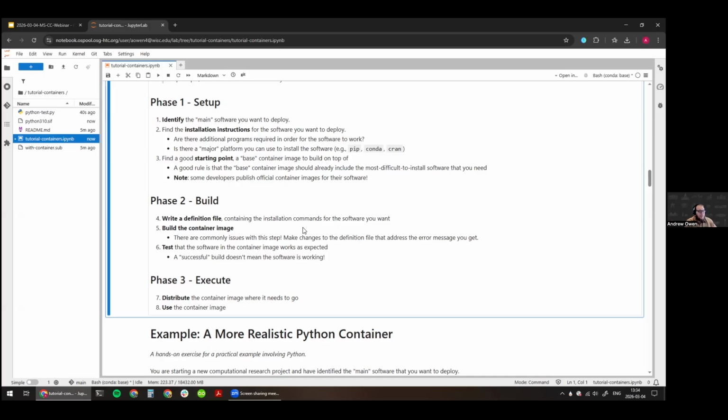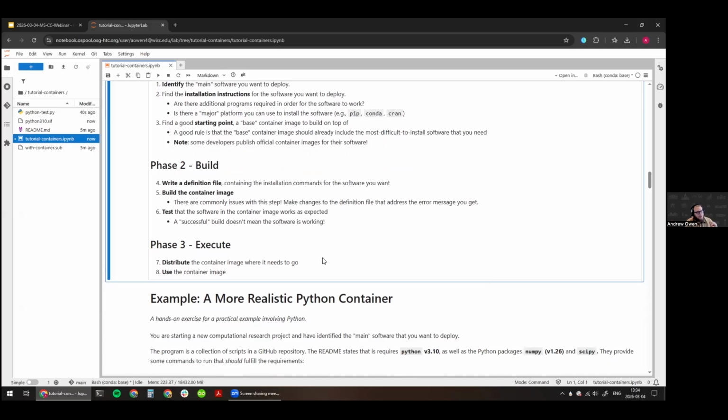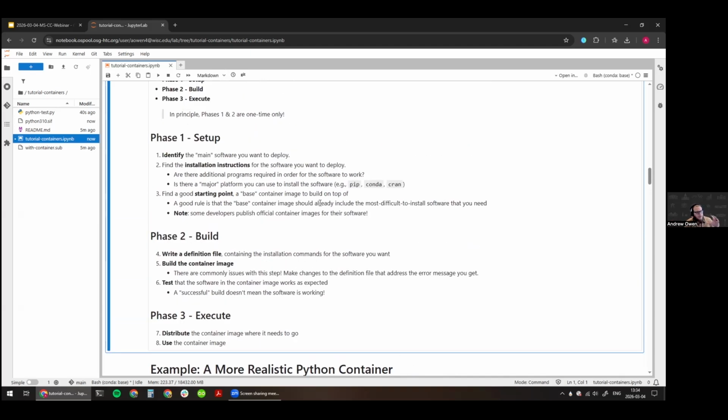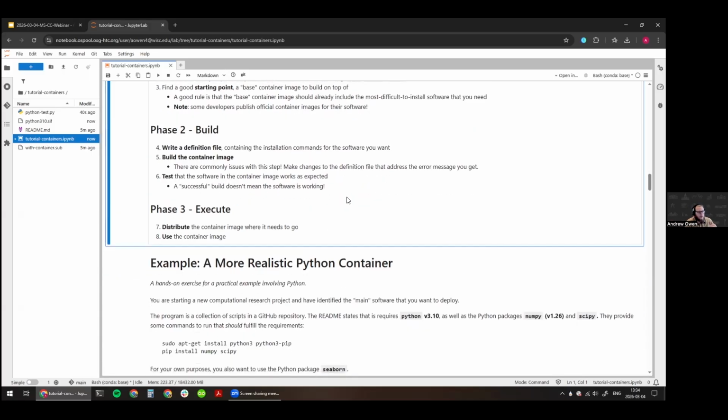And then phase 3 is using it. And that is pretty simple, 2 steps, which is you need to get the file, that data, on disk where you want to use it, and then you use it. You launch that interactive environment for interacting with your software. Okay, so this is sort of the roadmap here for working with containers, but let's get a little bit more hands-on